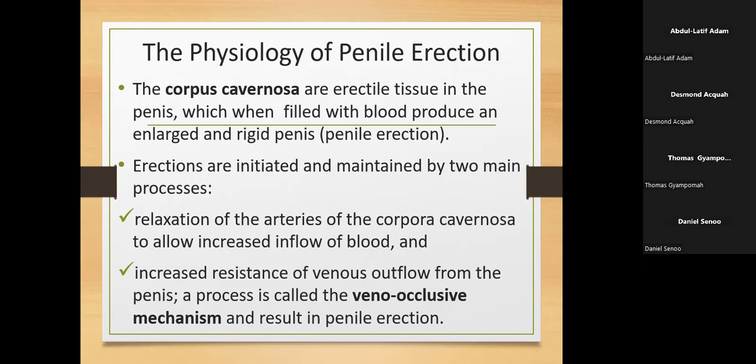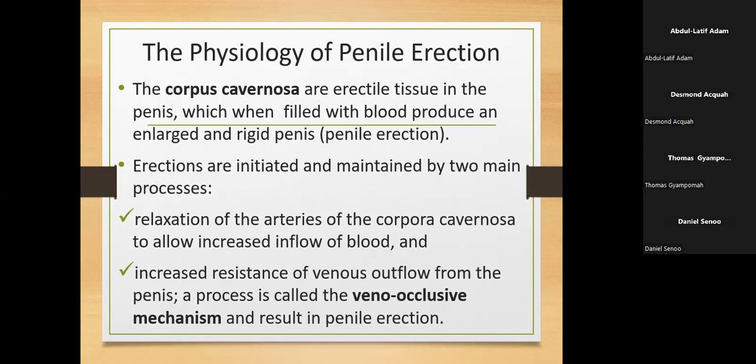There's a relaxation of the arteries that supply there. Remember, we are talking about the corpora cavernosa as the erectile tissue that surrounds the penis. Please try and follow it step by step so that you can appreciate the whole phenomenon. So once there's a relaxation of the arteries that are supplying the penis, the hole within the arteries will be bigger because there's a relaxation. Once they become bigger, because they are supplying the blood, the blood flow will be increased.